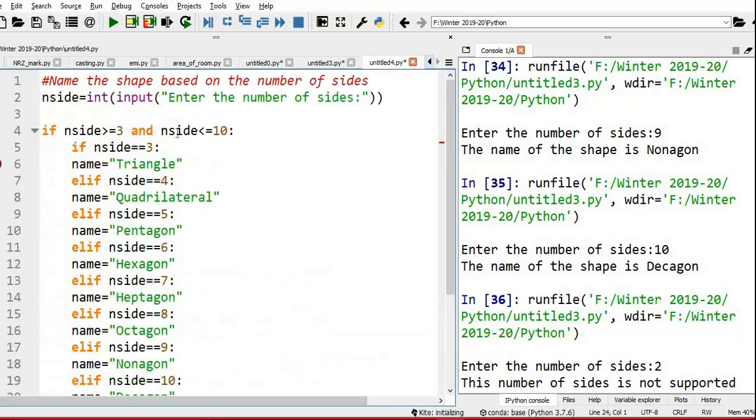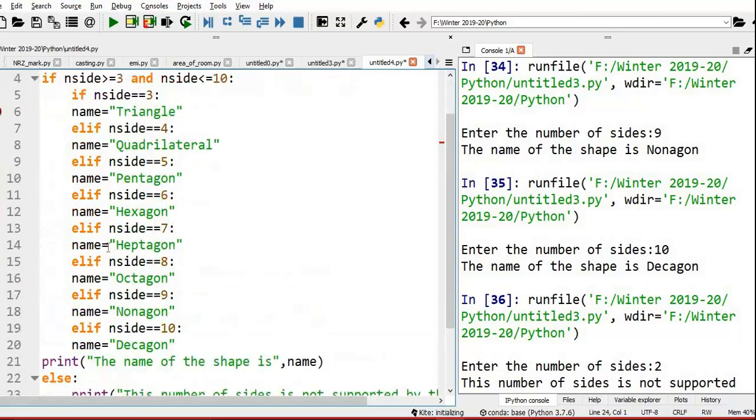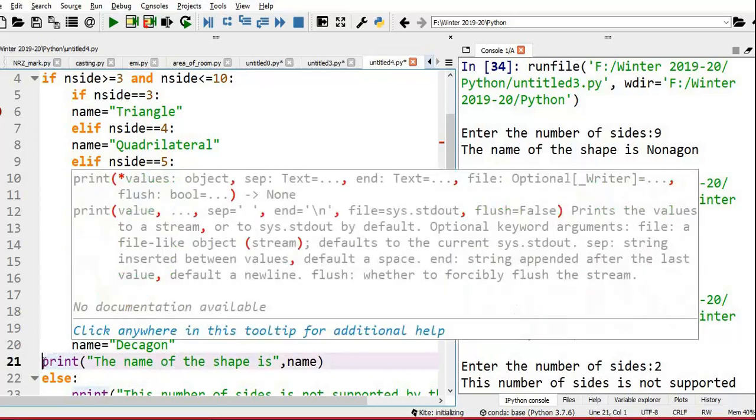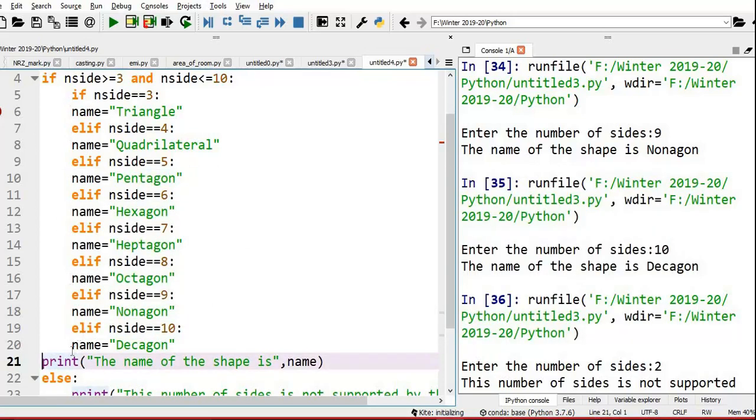If the number of sides is entered within this range, it will take that name. Yesterday itself we discussed, if you are not using indentation, this is not part of this. So it will print the name of the shape, the corresponding name.